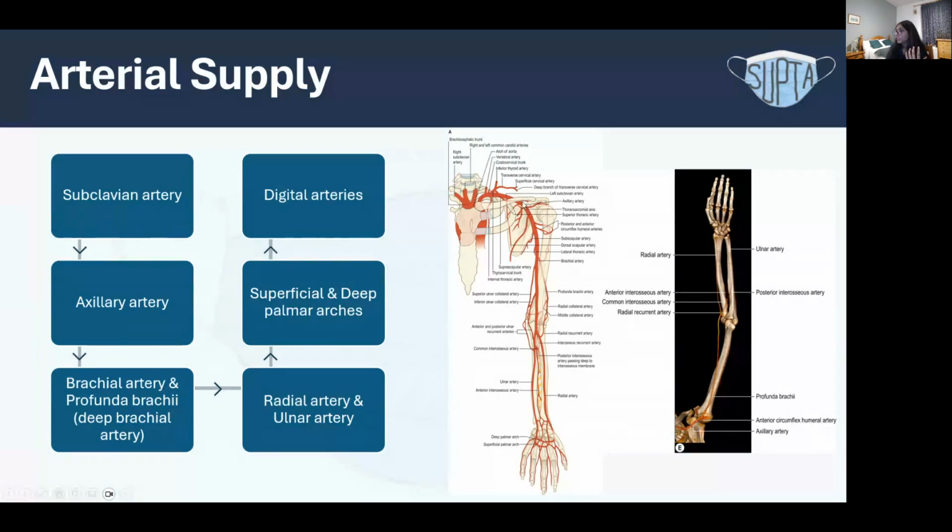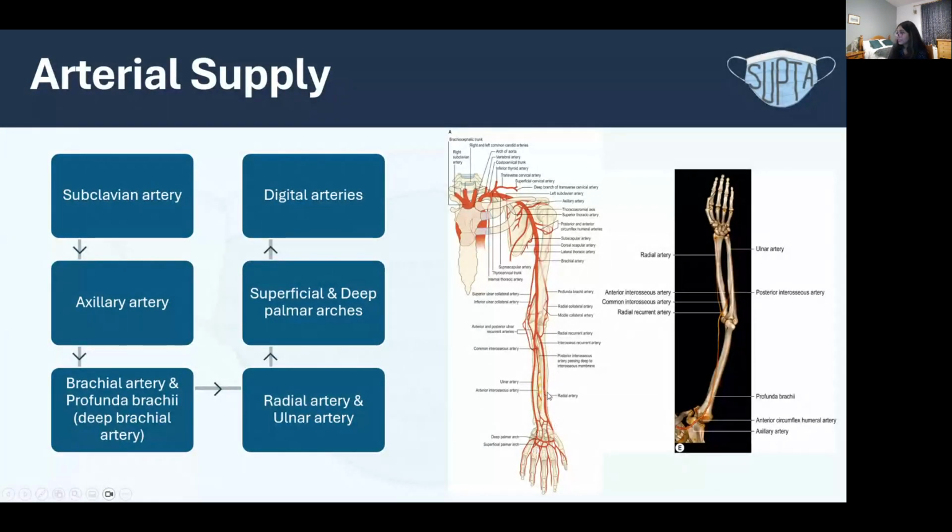The moment it reaches the axilla, it becomes the axillary artery. And then it goes on to become the brachial artery. And there's also a teeny tiny branch here, that's profunda brachii. That's also called our deep brachial artery. So anatomy is all about fancy names, all right? So we have our profunda brachii artery. Then from our brachial artery, we have a radial artery, we have an ulnar artery,